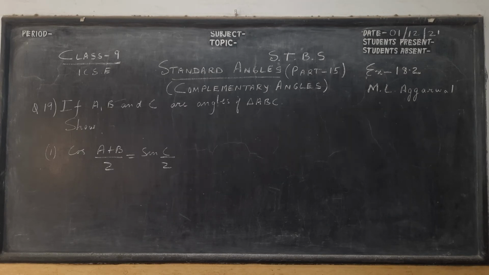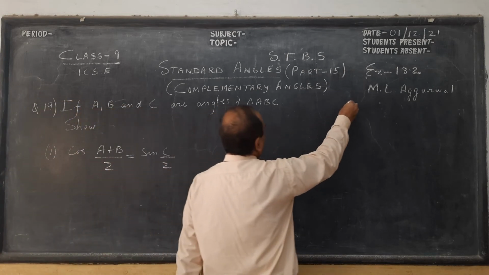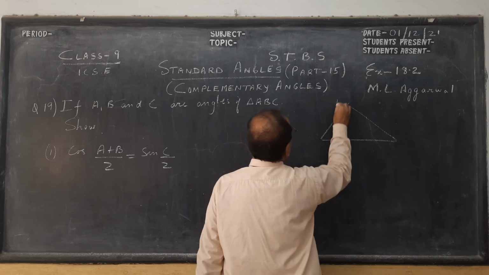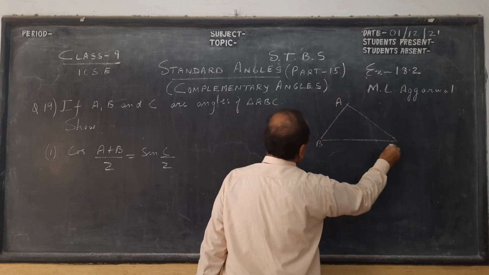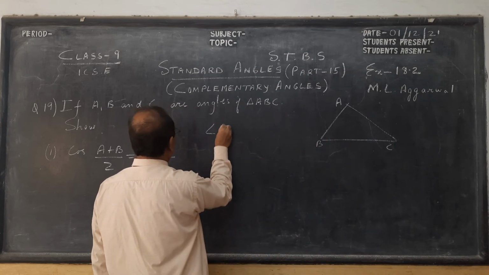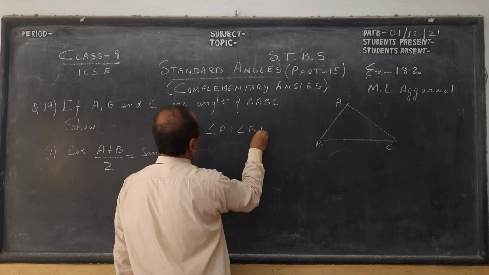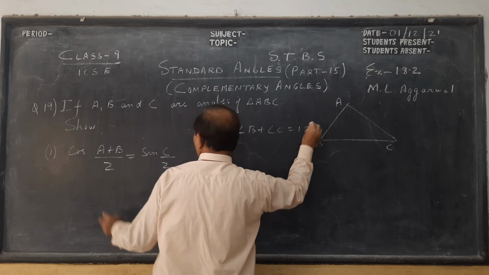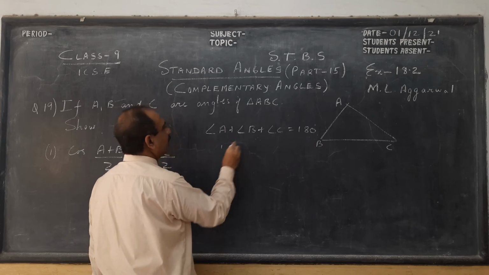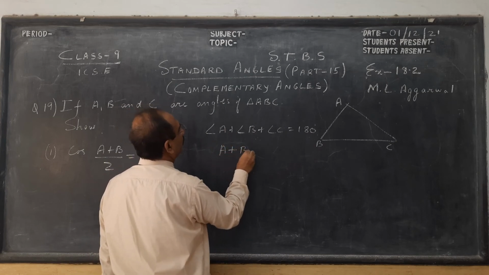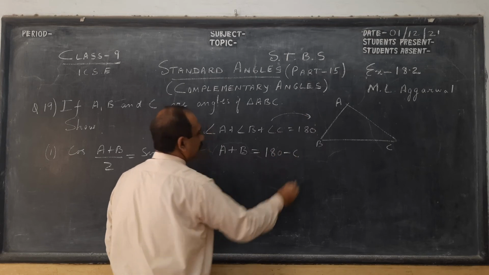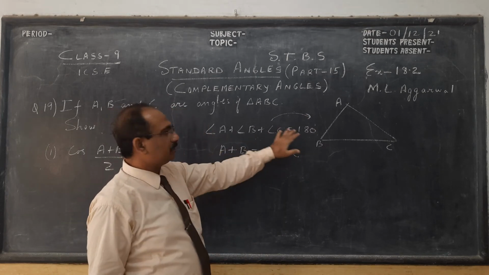So in this last sum, before I start, there is a trick. We already know there are 3 angles. These are the interior angles of triangle ABC. So we know the sum of angle A plus angle B plus angle C is 180 degrees. So here we have A plus B, children. I don't write angle, remember, A means angle A. A plus B, take angle C to that side, is 180 minus C. I hope you have understood. A plus B, C goes to that side.